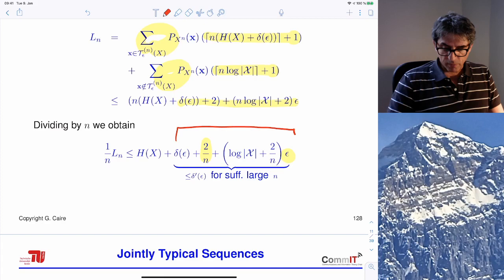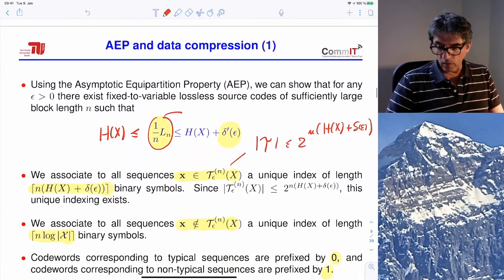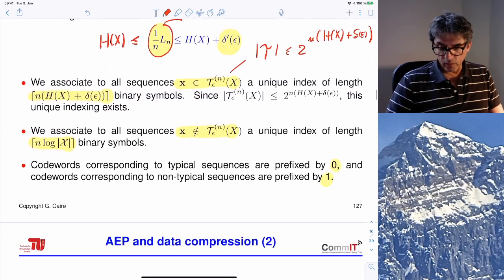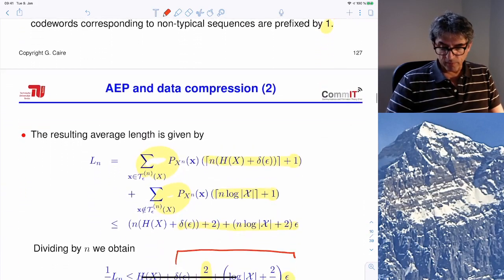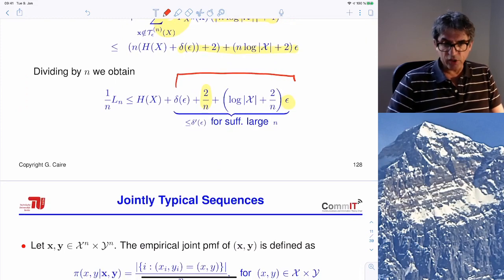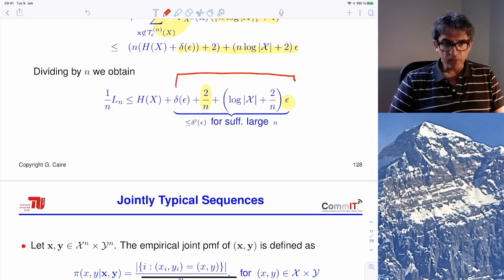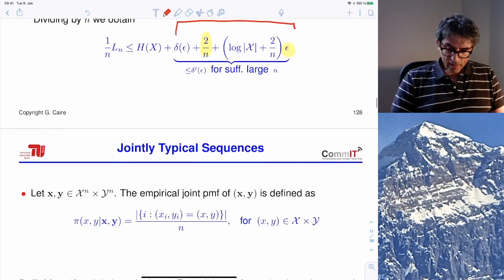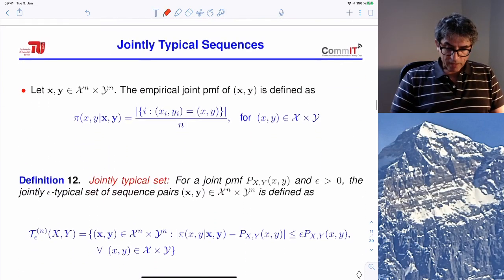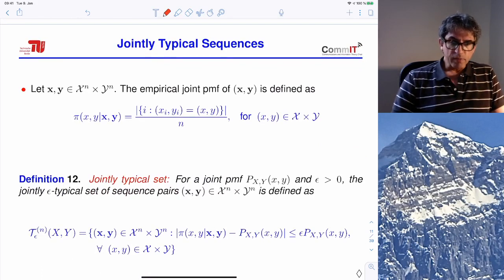And as you see, the style of the proof is completely different from what we have seen before. Okay, that's another way of proving that achieving compression rates as close as we want to the entropy is possible. But this is not our main goal here. We want to build more tools, and so we are going to generalize the notion of typical sequences to the notion of